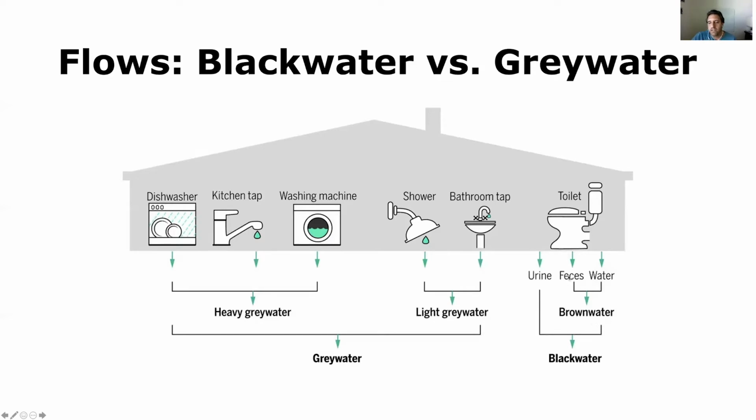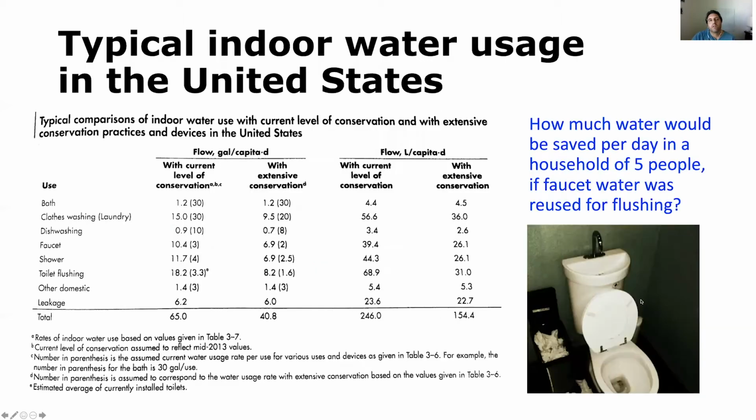Brown water would consist of feces plus water, water being in systems where water is typically used for flushing. All right, so together those two things make black water. So we have black water plus gray water, which would equal sanitary sewage. So getting back to typical indoor water use in the United States,